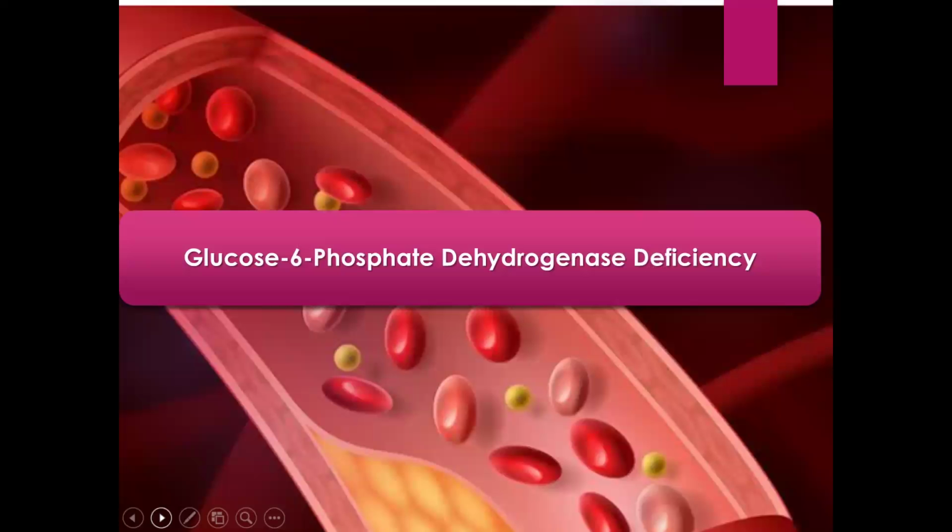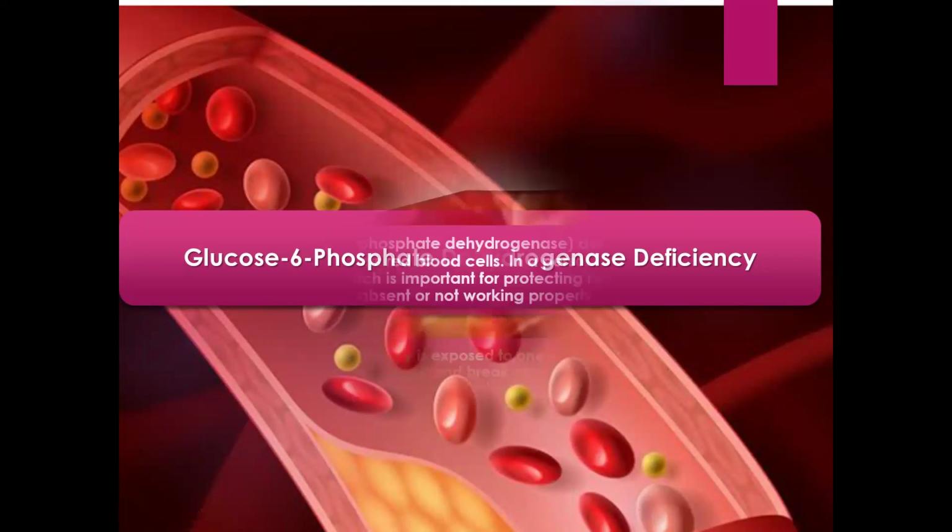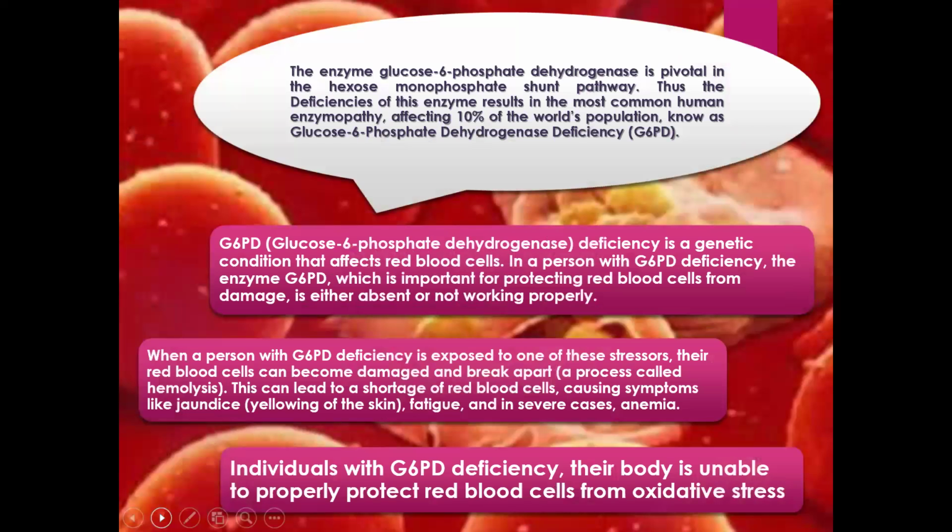So glucose 6-phosphate dehydrogenase deficiency is a condition that results when the enzyme glucose 6-phosphate dehydrogenase is lacking or having an issue in the hexose monophosphate shunt pathway. So one can say that the enzyme glucose 6-phosphate dehydrogenase is important in the hexose monophosphate shunt pathway. Thus, the deficiency